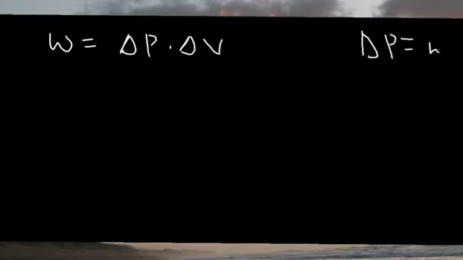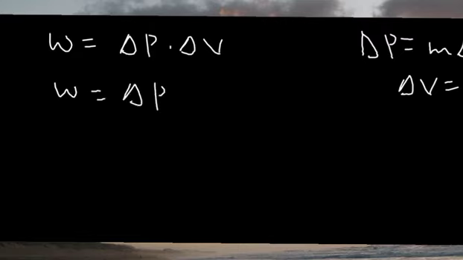So work done, which is equal to change in momentum times change in v. But change in momentum is equal to mass times change in v, so change in v is equal to change in momentum over mass. We can use change in momentum in place of change in v. So work done is change in momentum times change in momentum over m. For the average work done,